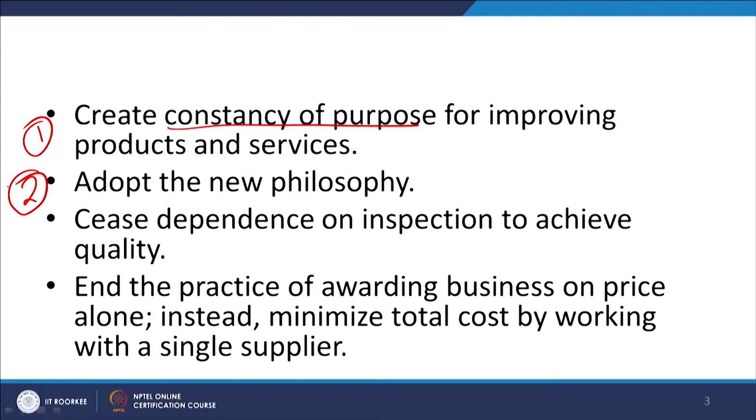The second important thing is about change management. You need to adopt a new philosophy. The traditional approach to quality was related to some exclusive products, some high end products, and now we say that the meaning of quality is about reducing the variations. The meaning of quality is to make products which are useful to the customers, and therefore, we need to change our mindset, adoption of new